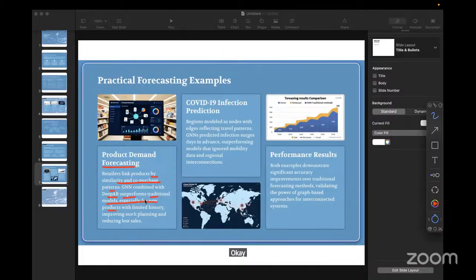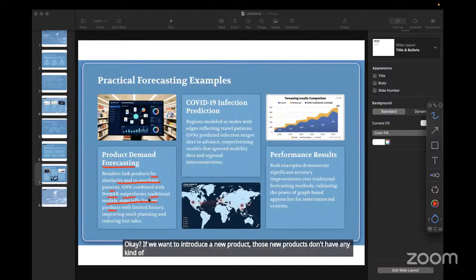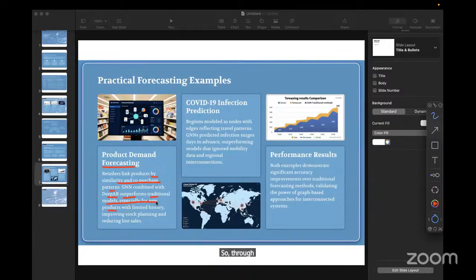If we want to introduce a new product, those new products don't have any data or patterns in the market. So how are we going to predict the sales of those kinds of products? Through GNN we can achieve that with limited history, improving the stock planning and reducing the